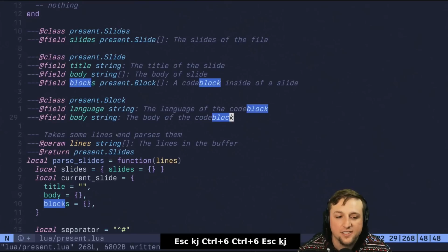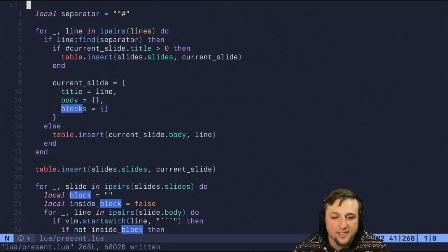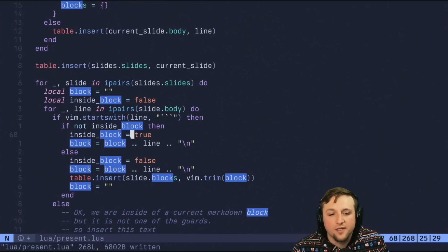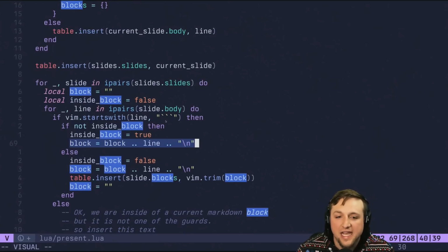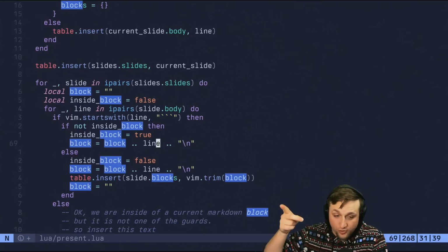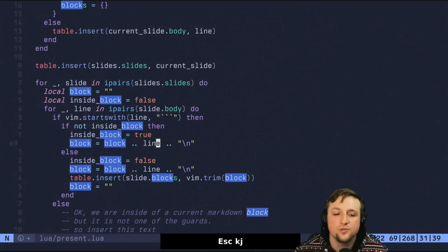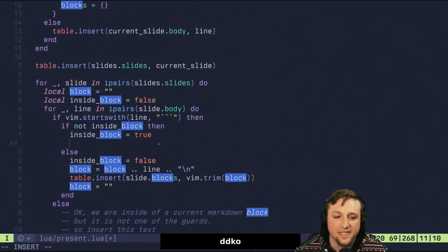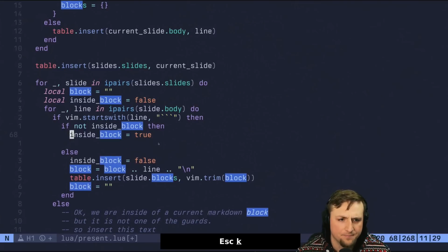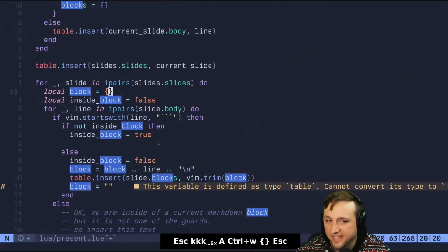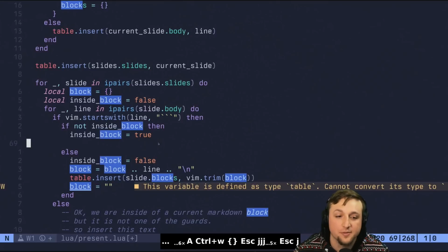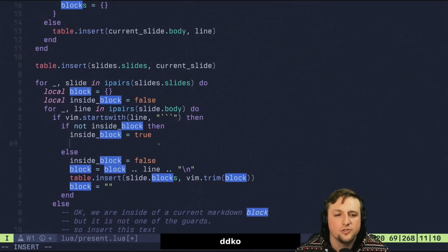we can go back to where we were writing this for blocks. And instead of just having one big string where we keep track of these ticks, we're not going to do this anymore. We're going to get whatever is on the rest of the line. So we'll change this block to be like this. It's going to be different. It's okay. And what we're going to do inside of here is we can go